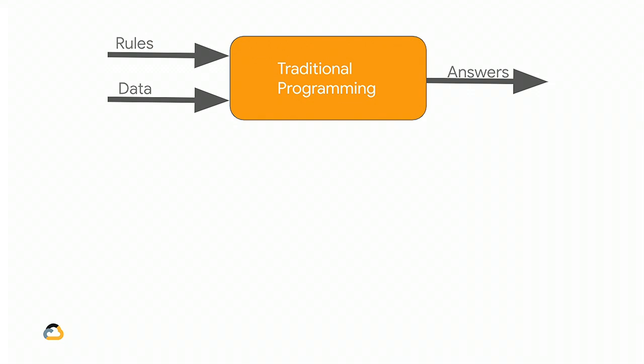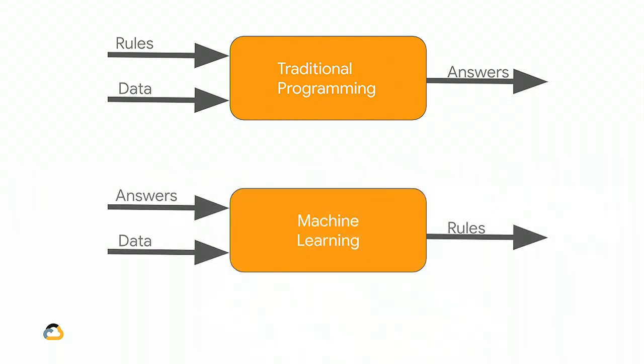So machine learning, the idea behind that is we flip the axes on this chart, and we end up saying, well, what if we have a whole bunch of answers, and then we have data associated with those answers, and then we have a machine actually learn the rules itself, as opposed to me as a programmer trying to express those rules.